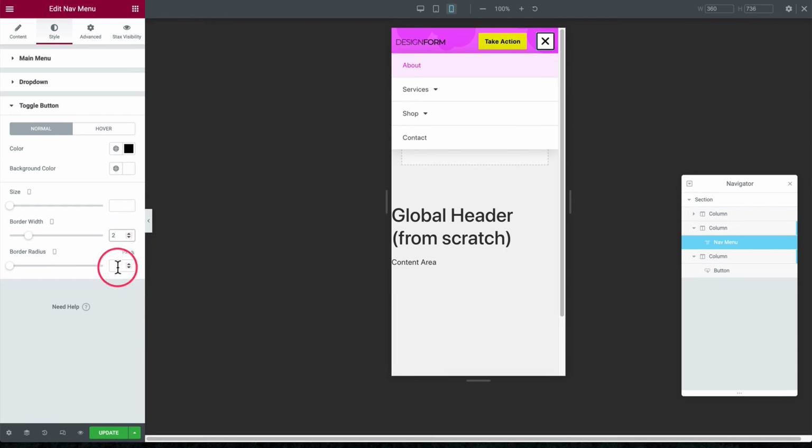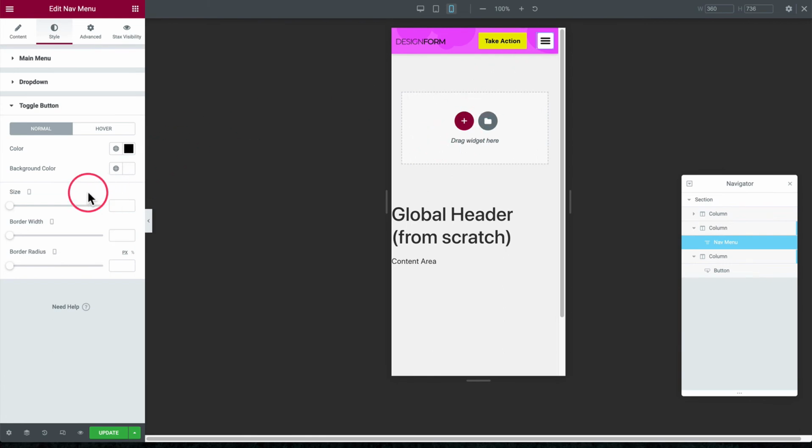And then border radius, if you wanted this to be a circle, you could do 50%, and that would create a circle for you. Or you could also do 0 pixels, and that'll make it perfectly square instead of the default rounded corners that Elementor uses by default. So we'll just leave all those at the default there, and we've got our nice looking